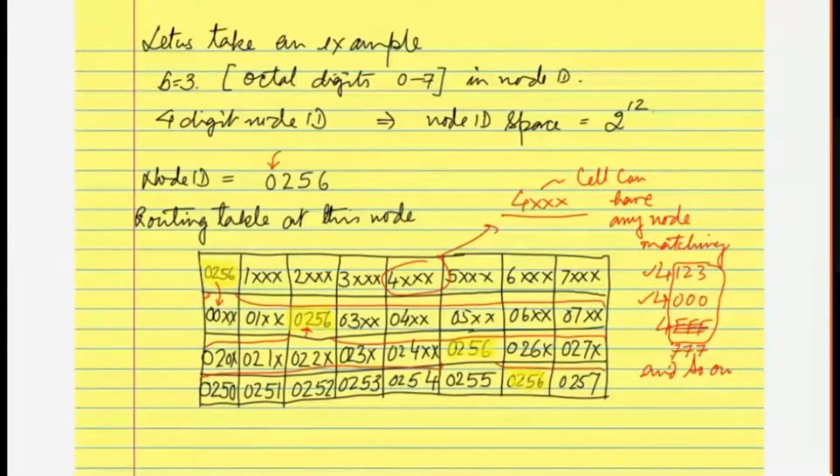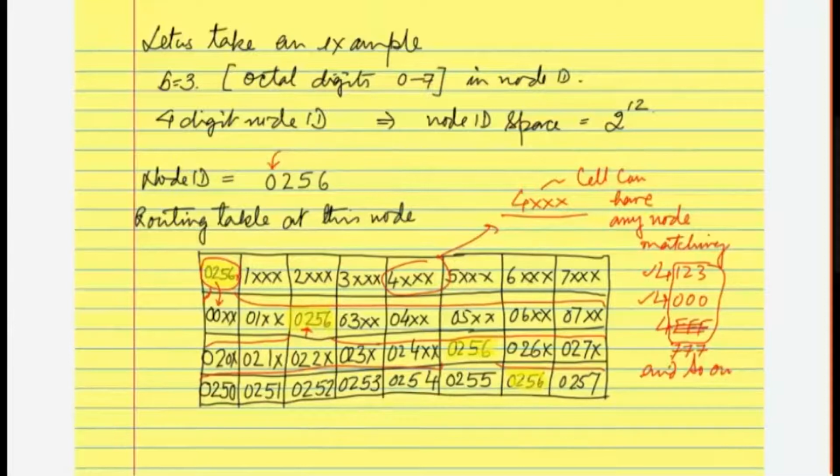So next entry. Technically what I have done is I have taken this particular thing and expanded it in this whole row. 0, that's why it gets fixed everywhere in the highest order place. Now the second place is going to change 0, 1, 2. So wherever there is 2, I am repeating this entry. Now 02 gets fixed here, and I am going to expand this into this third row. So 020 will come here. I don't have any entry matching this. There will be a total of 8 entries which are possible, which can come here if they exist. Currently there is only one node, that's why these are all left out.